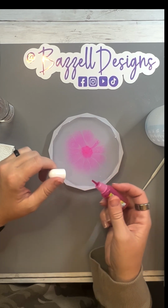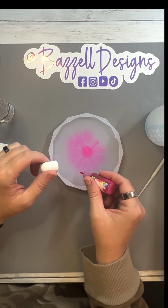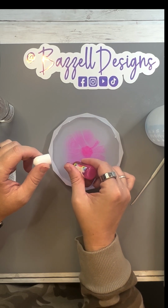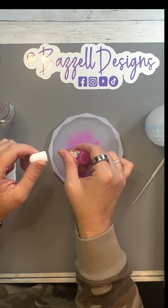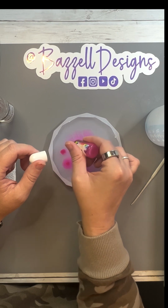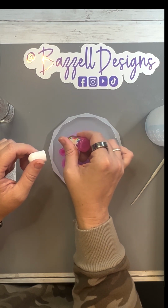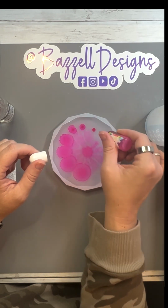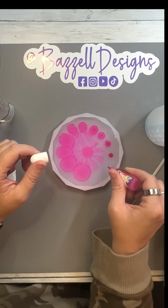So as you can see here, I saved my little bit of a darker color for the outside, and then I do go into the center with a little bit of some yellow. So I'm going to stop here and speed up the video so you can see what I am talking about. Okay, so I've sped up the video a little bit for you here, and